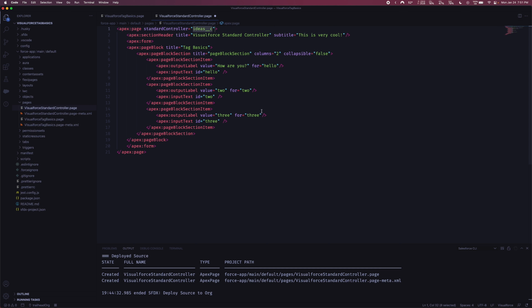That's kind of what you would do. And like I said before, this may be a little confusing. When we say that it's a standard controller, we don't mean that it's only available to standard objects in Salesforce. The standard controller is available to all objects in Salesforce, at least as far as I'm aware of. And like I said before, Salesforce creates this for you, and you can't really see it, but there are some